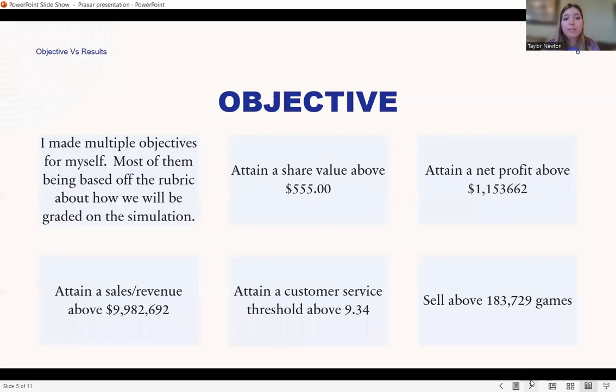commercials. And then when it came to objectives, the objectives that I made for myself were based off of the grading rubric for the Paxar simulation. I wanted to attain above good in every single dimension. So some objectives that I made for myself were to attain a share value above 555, to attain a net profit above 1,153,662. I wanted to attain a sales revenue above 9,982,692, and I wanted to attain a customer service threshold above 9.34,